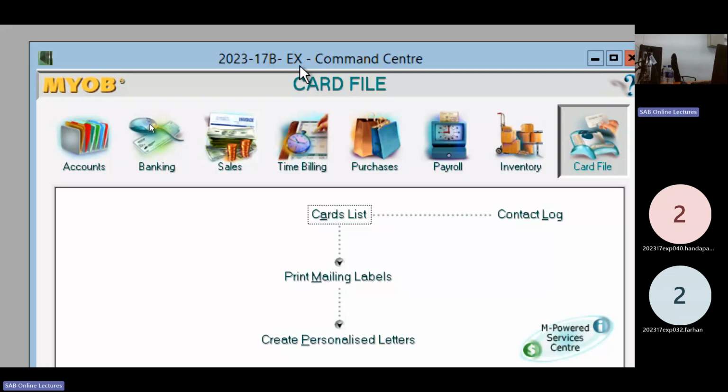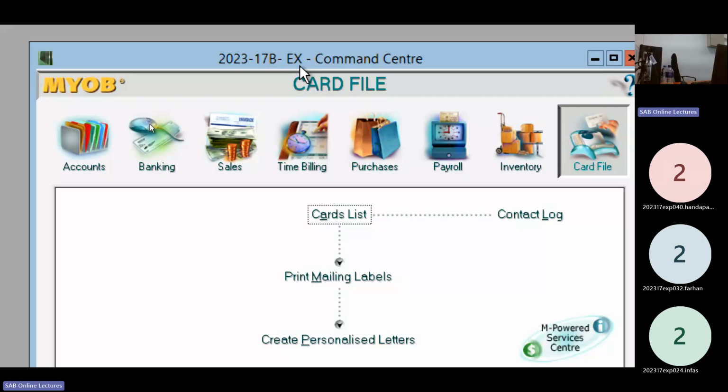If you have any issues regarding the company creation, I think this is a direct login. They send a link, this is a portal.